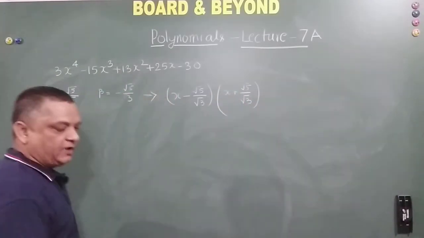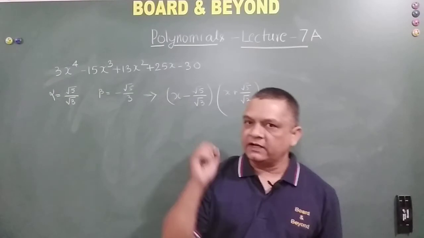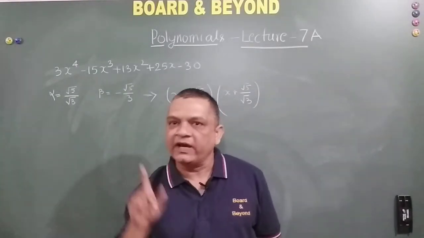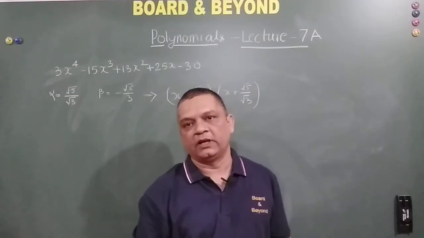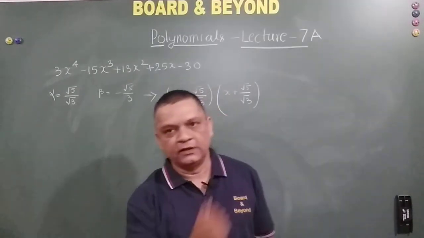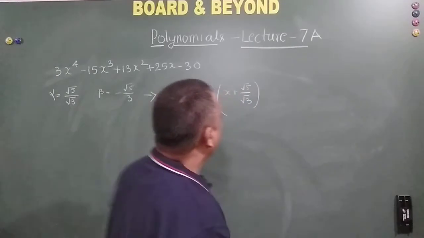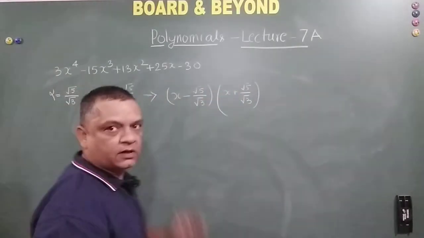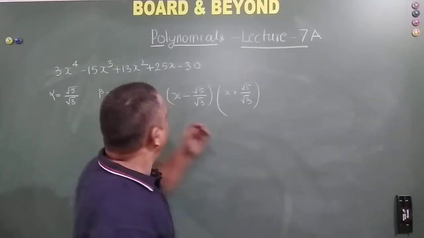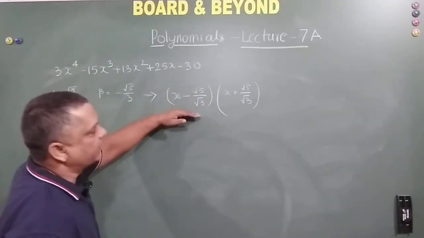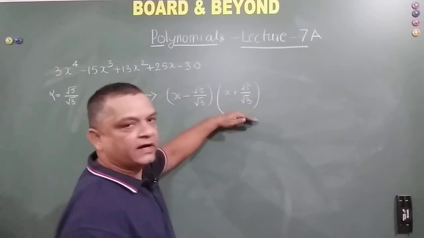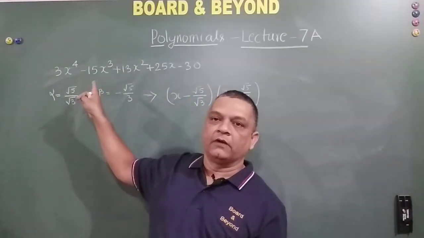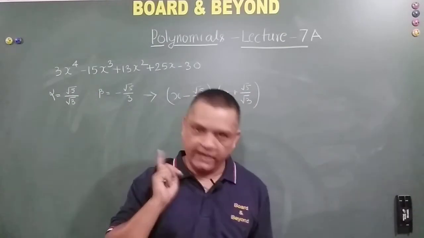Are you all there with me? It is of the same concept that if alpha is one of the roots of a polynomial, then x minus alpha is a factor of the polynomial. We have discussed it earlier. So I am using the same concept here. As I told you, take a screenshot, the first point was that if this is one factor and this is another factor, then the product of two factors will also be a factor of this biquadratic polynomial.